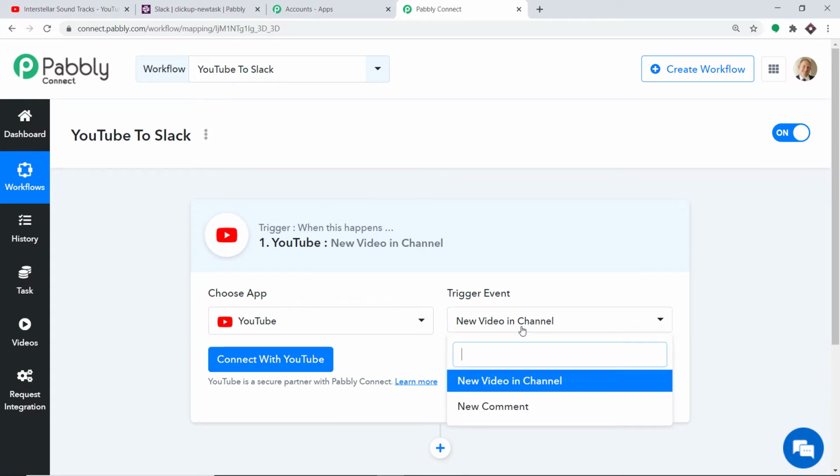Now your obvious question is, what is a trigger event? Trigger is basically an if statement. It asks a question, if the condition is met, what should be done? For example, if a new video is uploaded in the channel, then what action should be taken by the system? Actually, there is one more trigger, that is new comment. However, in case you don't find the trigger of your choice, you can make a request to our team at admin@pabbly.com for the specific trigger that you want to build. But at present, I just want to send the data when a new video is uploaded in my YouTube channel.